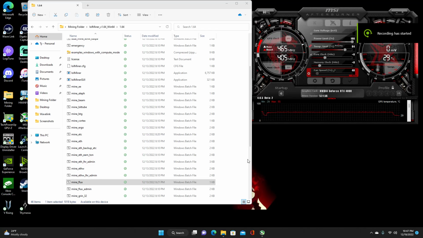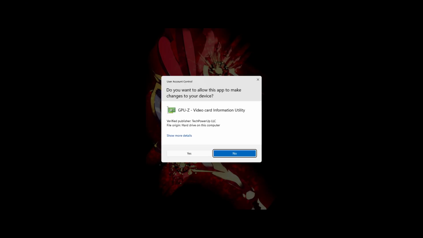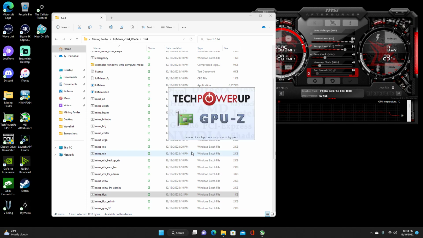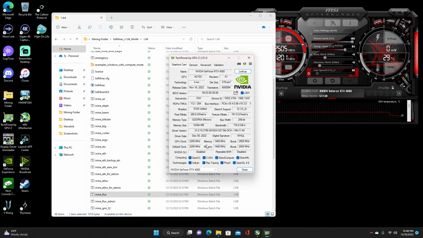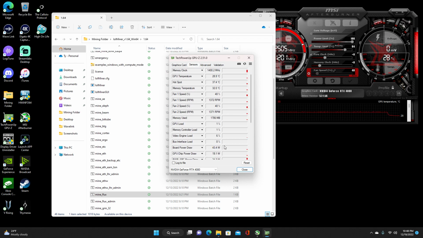I'm going to be going over Flux using LOL miner. Before I do start this up though, I just want to show, as per usual, the memory, which is Micron, and then the GPU on idle is about, give or take, 45 watts. And then at the wall for the whole entire system, it is sitting at about